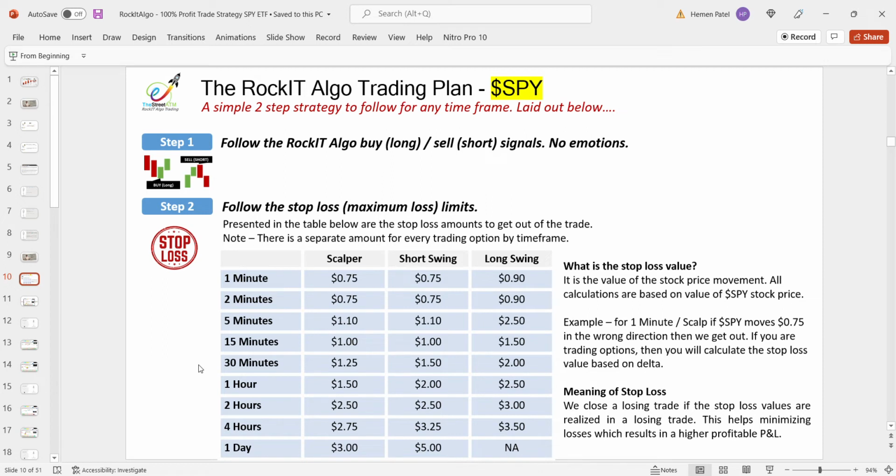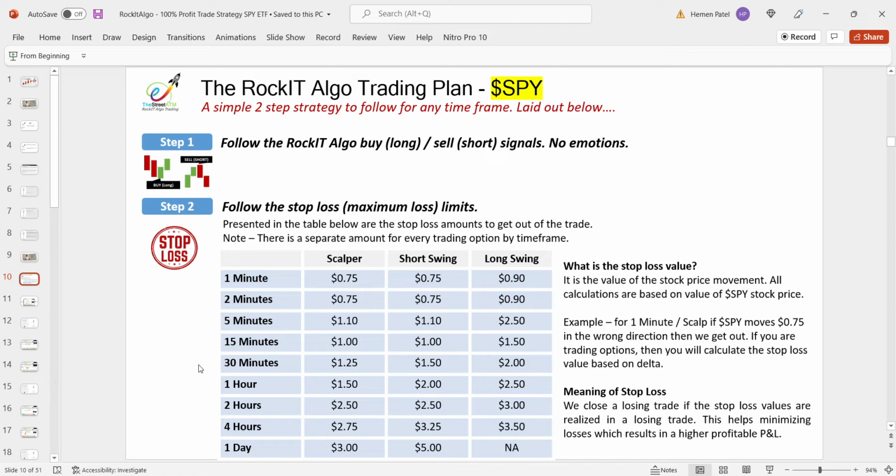And this does not apply to other stocks. Remember that. Now, 75 cents. We're showing you examples of either buying one share of SPY or shorting one share of SPY. So, for example, if I buy one share and it goes 75 cents against me, we get out of the trade. We don't care if we're buying the stock or playing options, but we put a stop